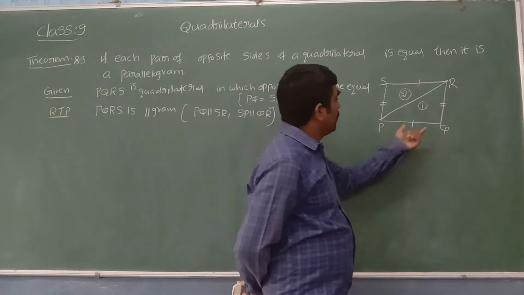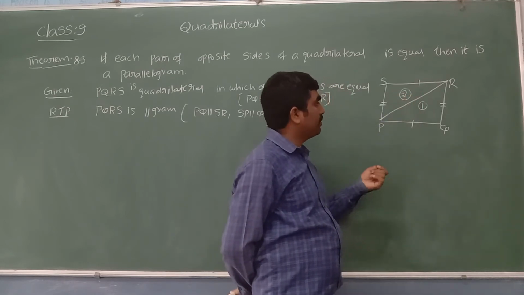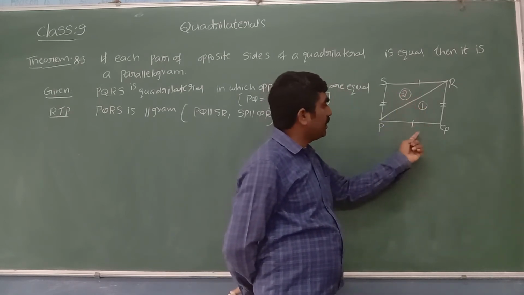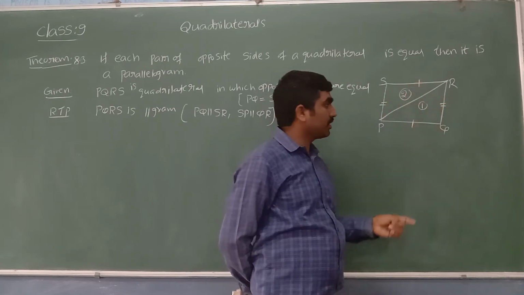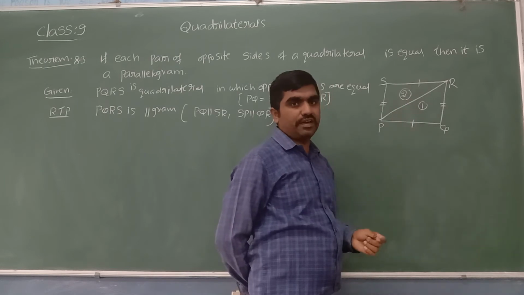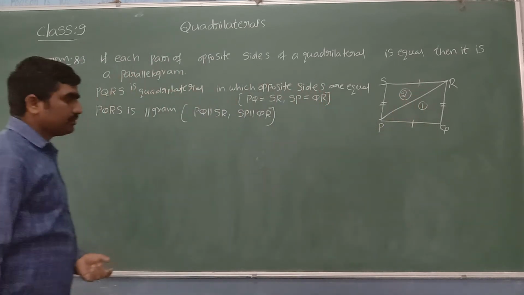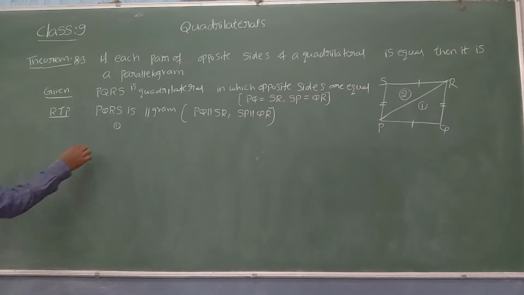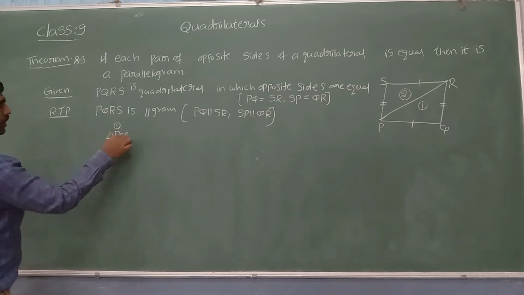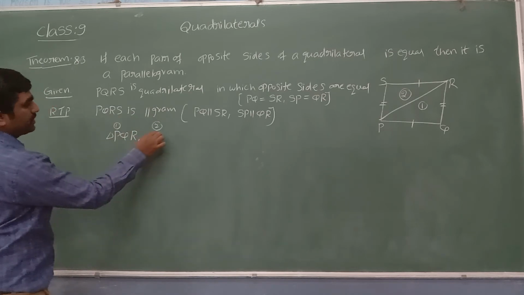Now see, is there any chance to say they are congruent directly? First and second triangle: PQ is equal to SR, given. SP is equal to QR, given. PR is the common side. By triple S we can say that both the triangles are congruent. So let me take the first triangle, triangle PQR, and the second triangle I took, triangle PSR.